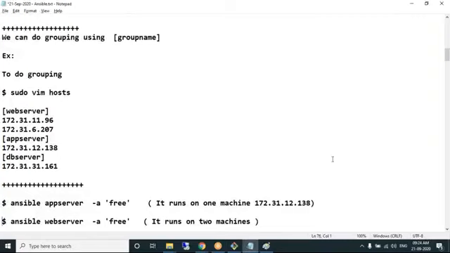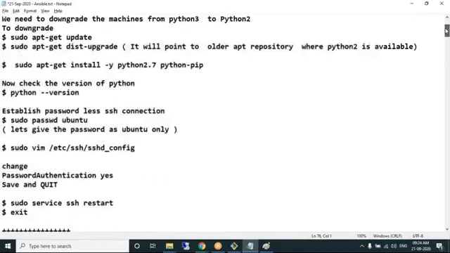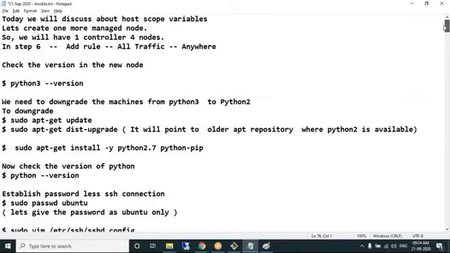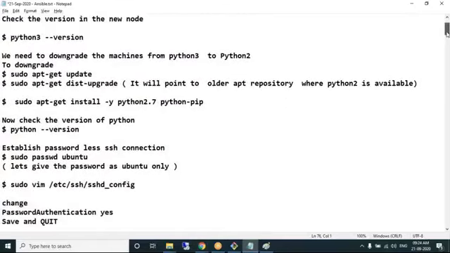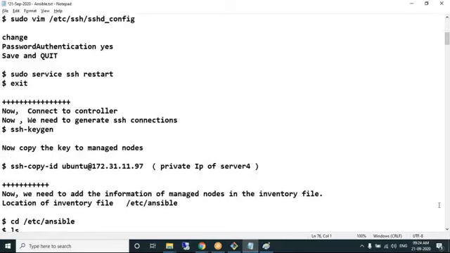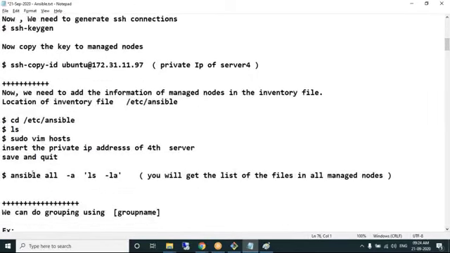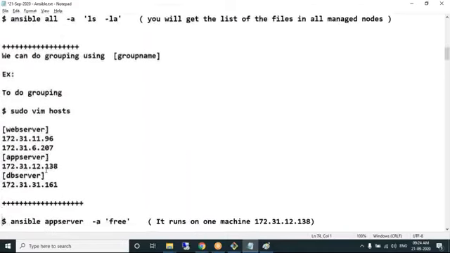Do you remember, for every Ansible command, we are writing ansible all? As of now we are using ansible all. That means to all the machines which are there in the inventory file. Instead of using the all keyword, look at the way I'm writing it.